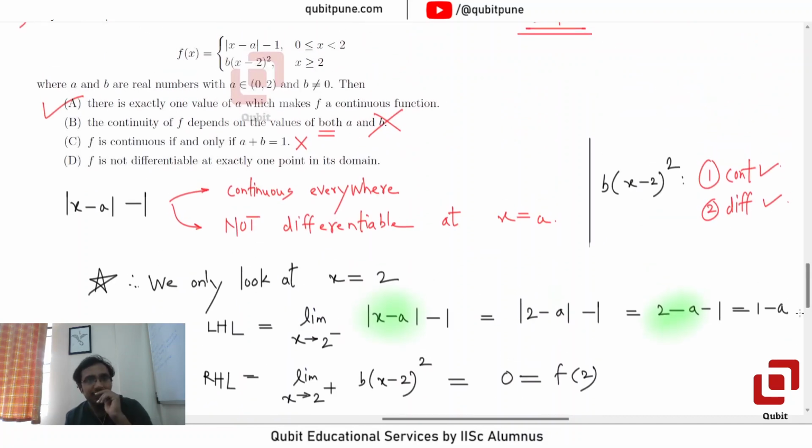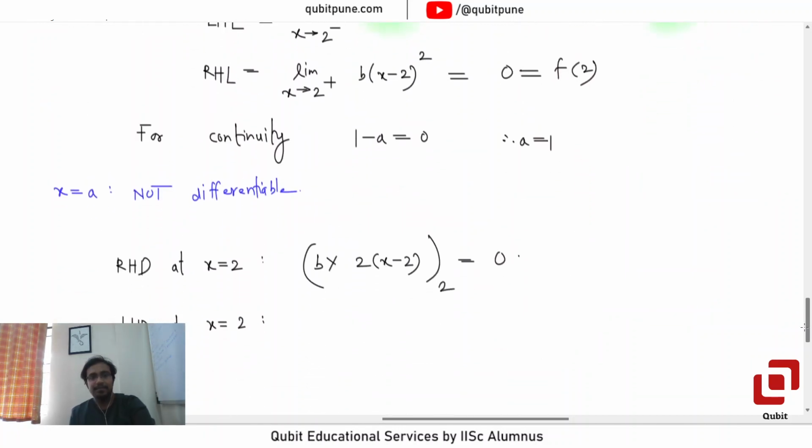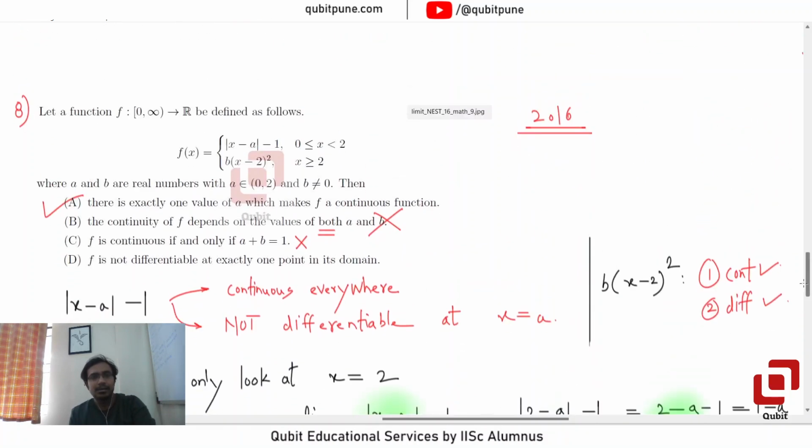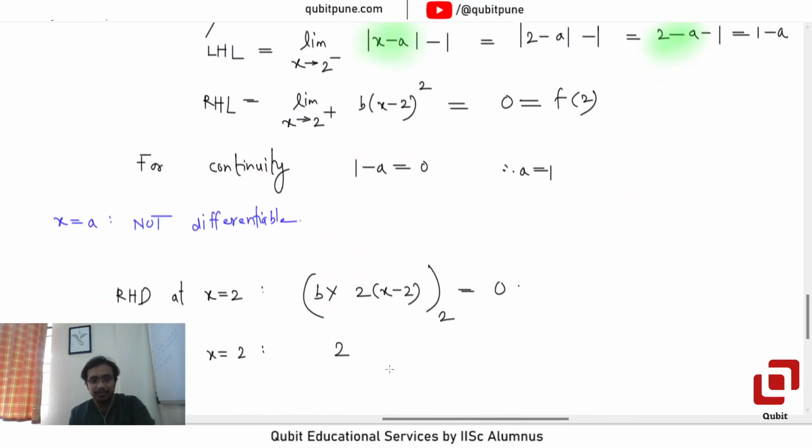From the left, it is mod x minus a, and we know that eventually it will surpass, so we can say it is x minus a minus 1. The derivative of x minus a minus 1 at 2 is 1. Right, and again these are not equal,